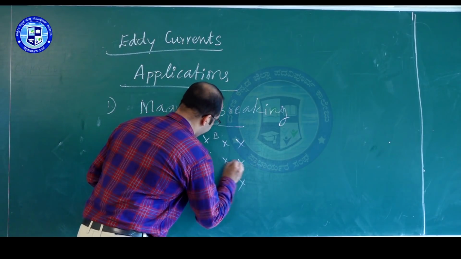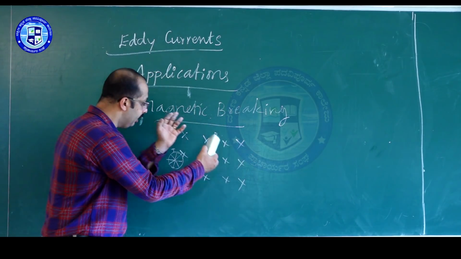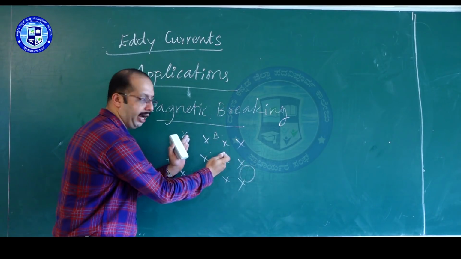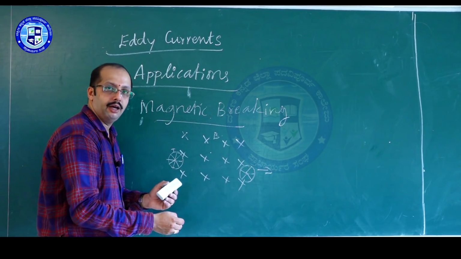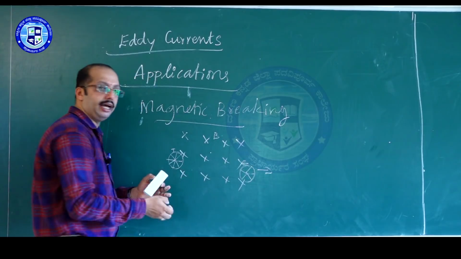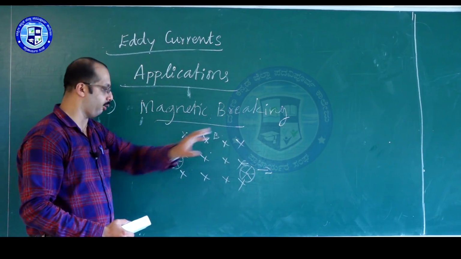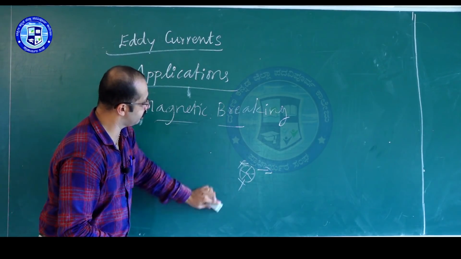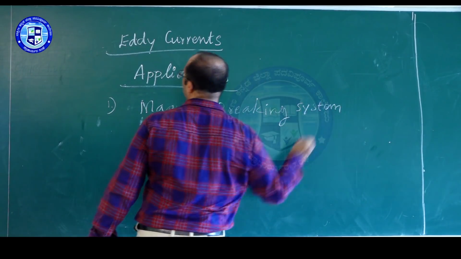And also when it leaves, what happens? The actual motion of the wheel in the uniform magnetic field is reduced, or the train slows down. And when it exits from the magnetic field lines, the wheel is again moving in the forward direction, but according to Lenz's law, the brakes are applied and the wheel comes to rest or stops. So here in the magnetic train concept abroad, in this magnetic braking system, we apply the eddy currents.